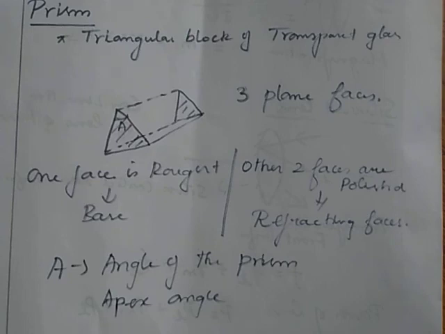Then we found the relation in a silvered lens. A silvered lens is nothing but a combination of a lens and a mirror, a convex lens and a concave mirror, that behaves like a concave mirror. Then prism is an optical material that allows light. It is in the shape of a triangle with 3 faces. One face is a rough face, that is the base of the prism. The other 2 faces are polished surfaces, known as refracting faces. The angle between the 2 refracting surfaces is known as the angle of the prism or apex angle. Okay, thank you.